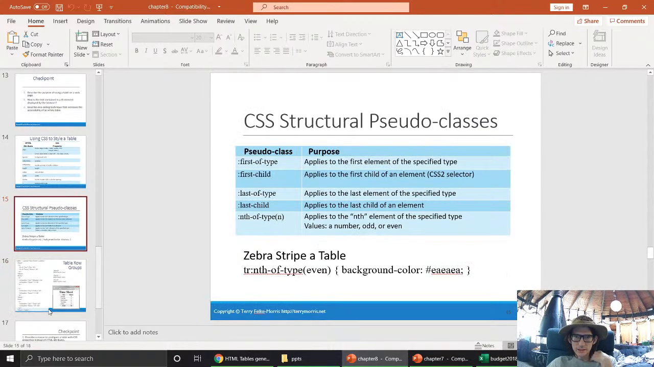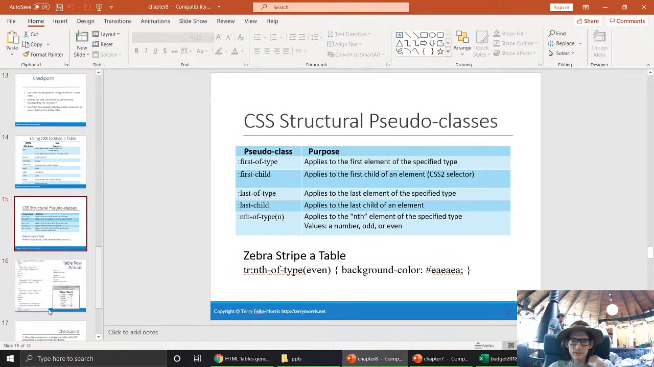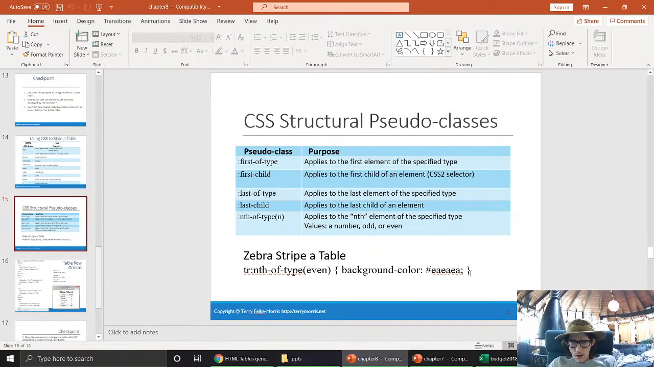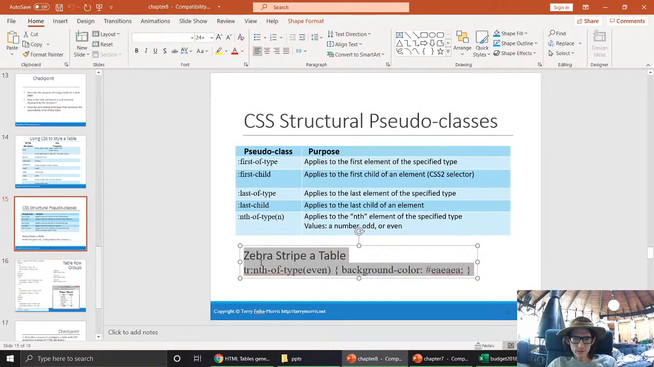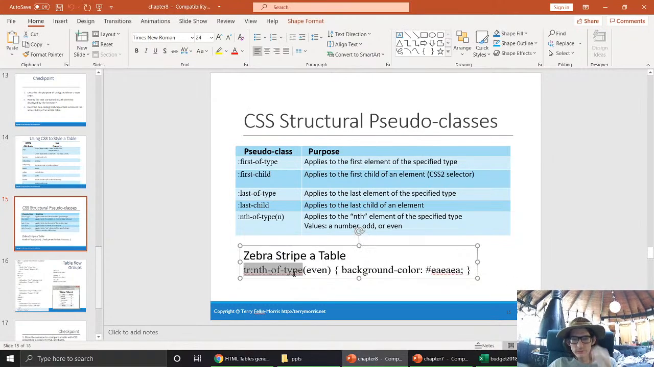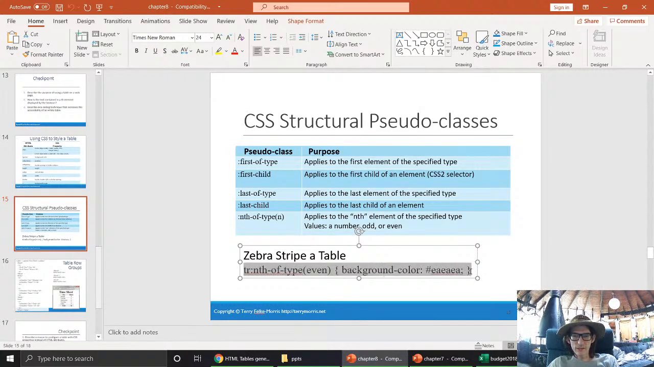And then it's going to ask you to use this striping the table manually. So, let me show you that. On the first table we built, it is a special type of selector. We already talked about pseudo classes, and so this says nth of type even, which means every even row apply a background color of this